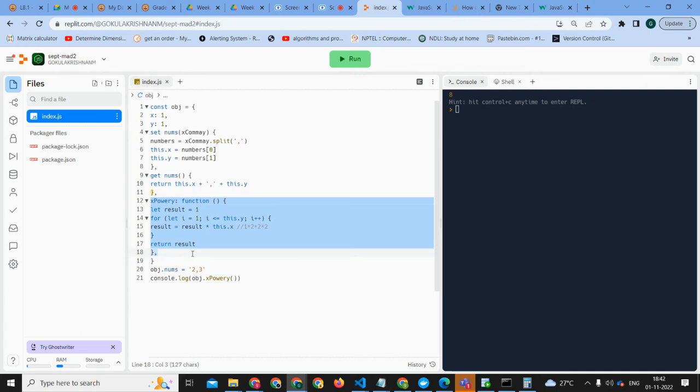I'm not sure. I don't want to confuse. Like in line number 20, it is just assigning the function some parameters. So the set nums function gets called. So get nums is not being used anywhere. Exactly. If you want to, for example, print it back, then probably what you can do is,